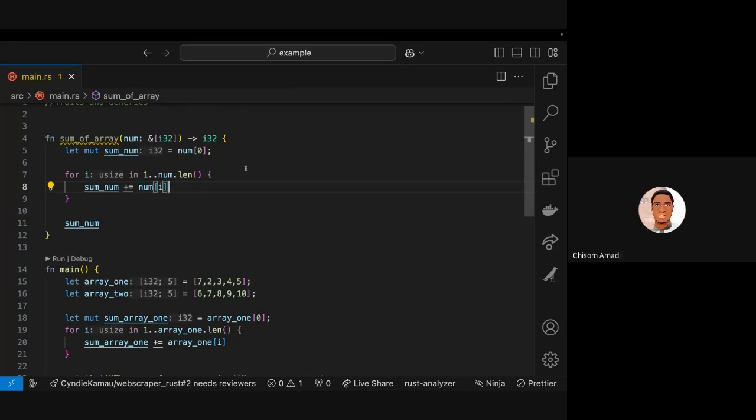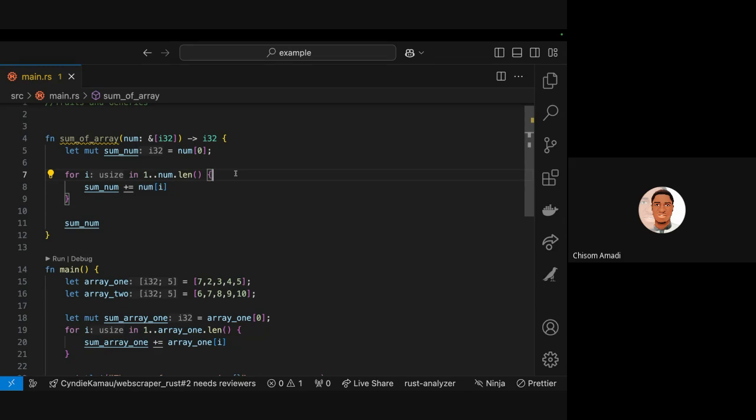So the thing is, the normal loop that you know is you assign sum to be equal to 0, then you start your looping. If you check the loop now, it is starting from index 1, not 0. If you had assigned sum to be 0, then you would start your loop from 0, which is the first index here. But if you loop now, you are doing 0, which is this sum, plus the first index, which is 7. So at the first looping, your sum of array 1 is 7.